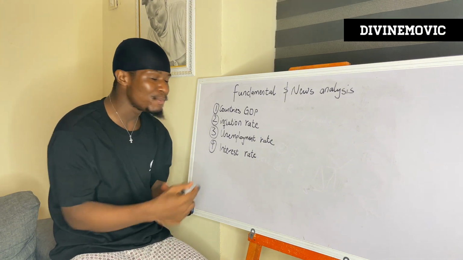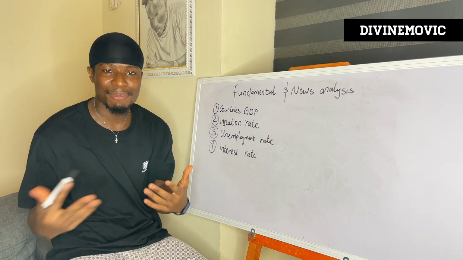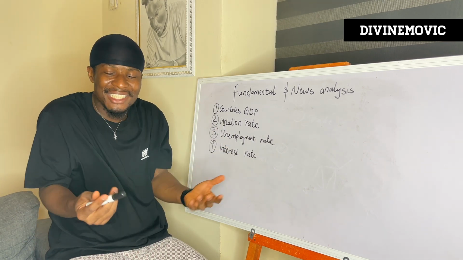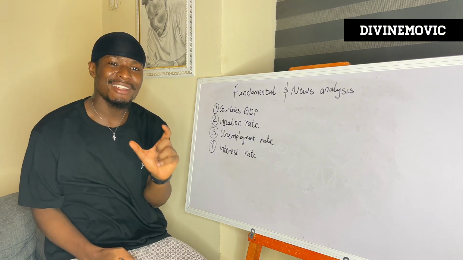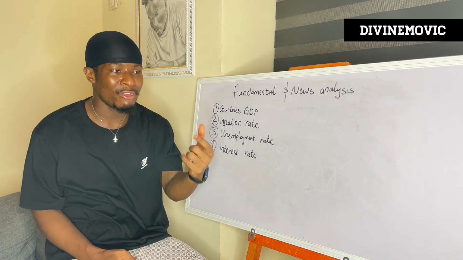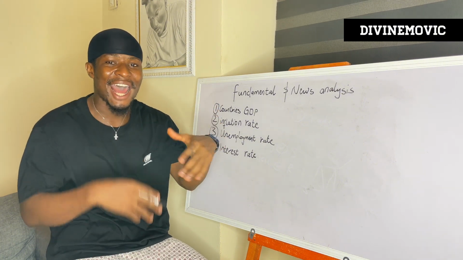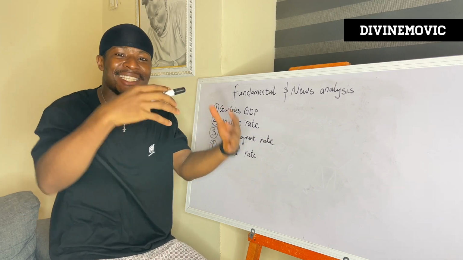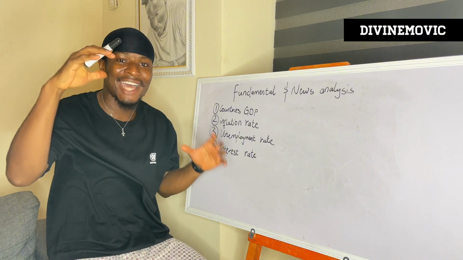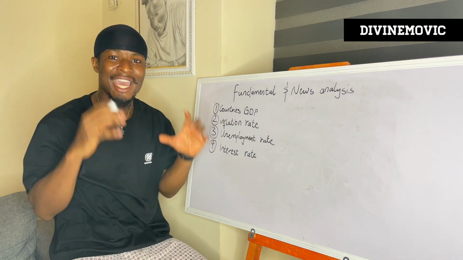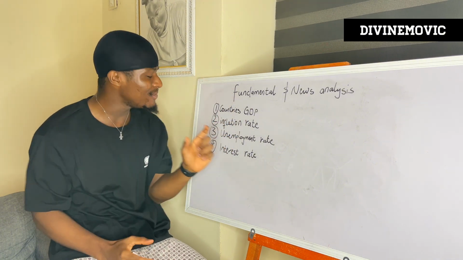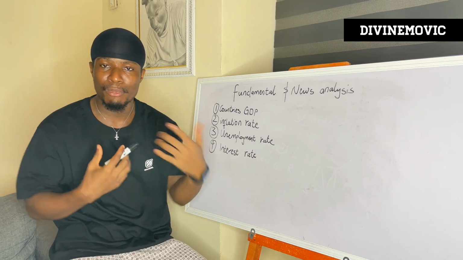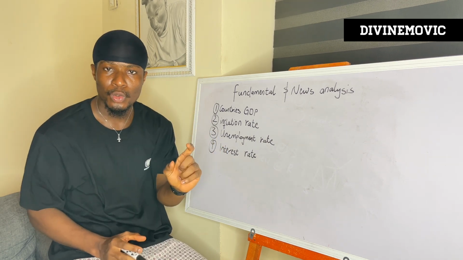Now, interest rate is simply the rate at which business people can go to the bank and borrow money. If the interest rate is high, it will be very difficult for business people to borrow money from the bank, because they're going to pay back with high interest, and they wouldn't want to borrow. But if the interest rate is low, they're simply going to borrow money, hoping to pay it back because the interest rate is low.